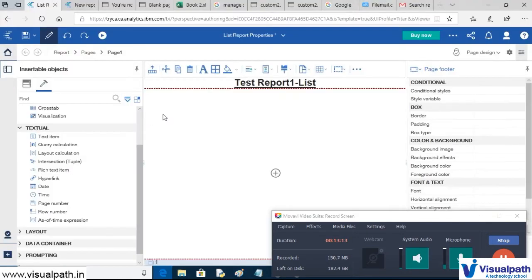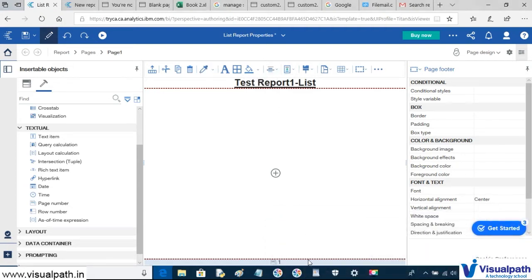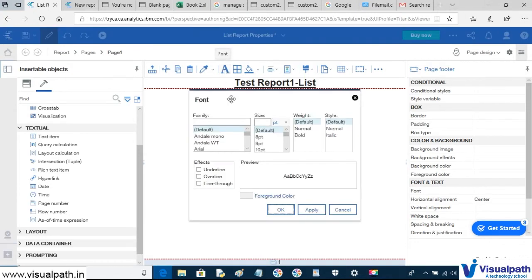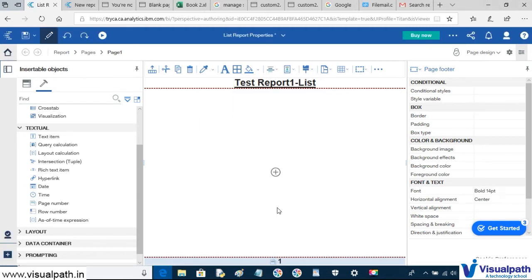So click on this, and again in the middle click on this horizontal alignment, make it center and increase the font, make it, say, 14 or 15, bold, make it underline. Okay, so now it's going to give us the page number. Fine. So in this way we have created a header and a footer in the report page. Now we need to create a list report.